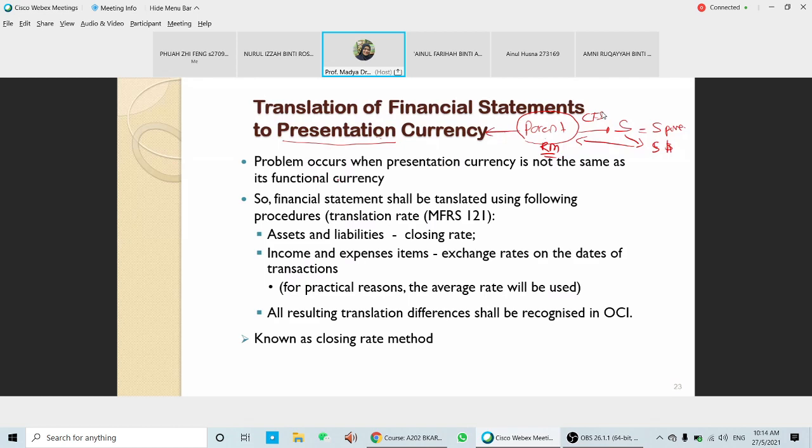Okay, problems occur when the presentation currency is not the same as the functional currency. Okay, if you have anything, please voice out because I cannot see the things that you have in that chat